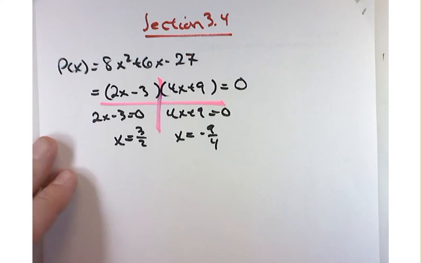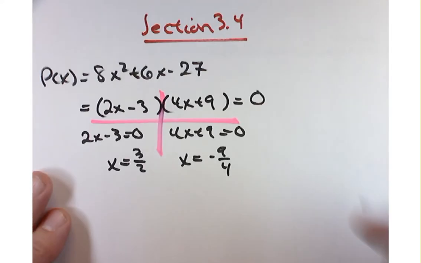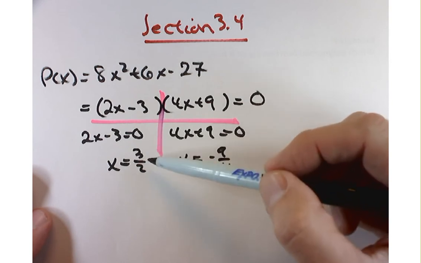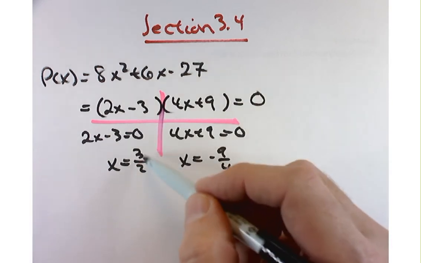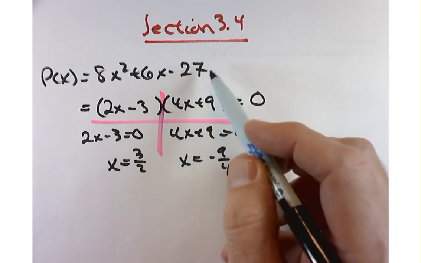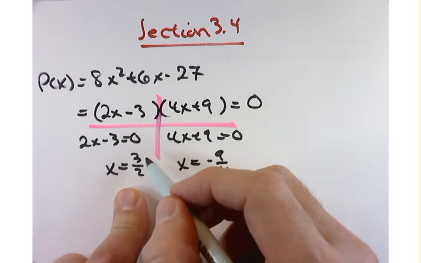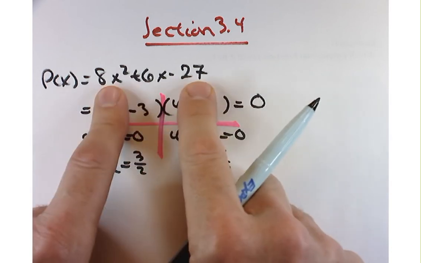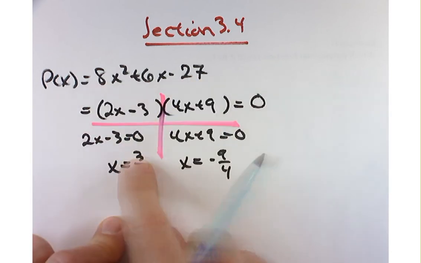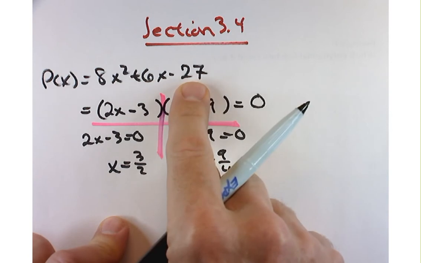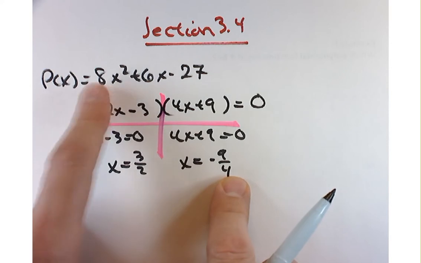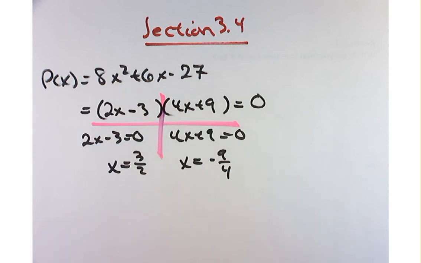Now, why did I take you on this little journey here? Well, let's talk about the form of these answers. These numbers, when you do get rational roots, and by that I mean something which is an integer divided by an integer, these numbers actually are somewhat predictable. The numerators come from the factors of this thing, and the denominators come from the factors of 8. So, okay, what's that mean in general? Well, in general,